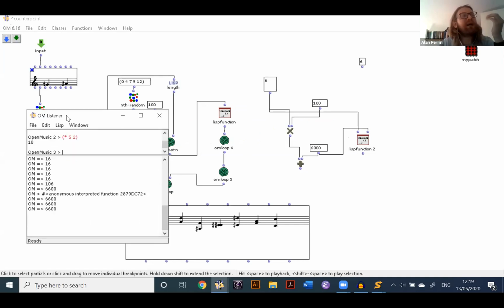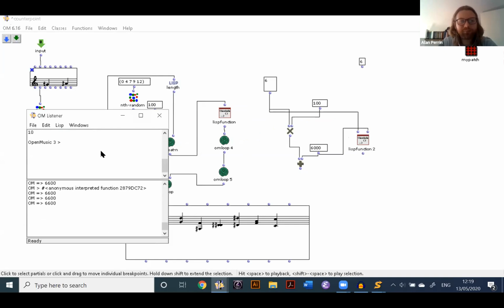In those videos, he's using Emacs as his editor. You can, in a kind of hacky way, use the OM listener as the REPL that he's using. So you can use this to write functions, and you can use pre-existing Lisp functions